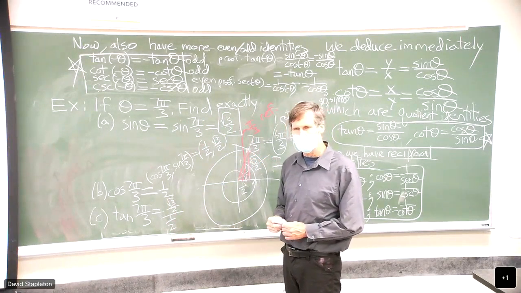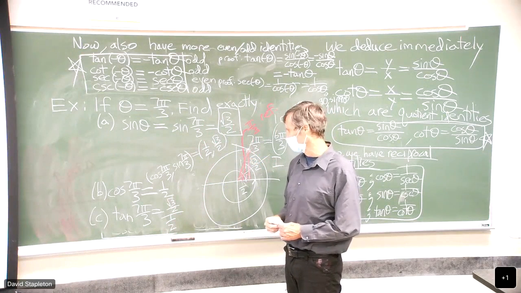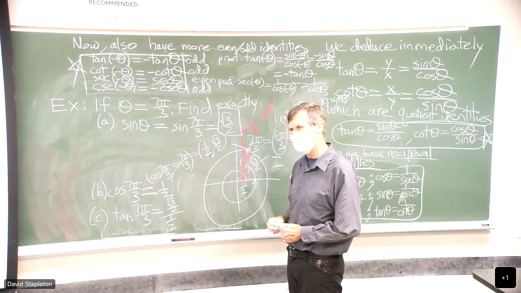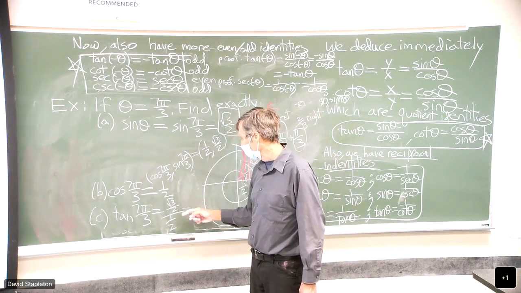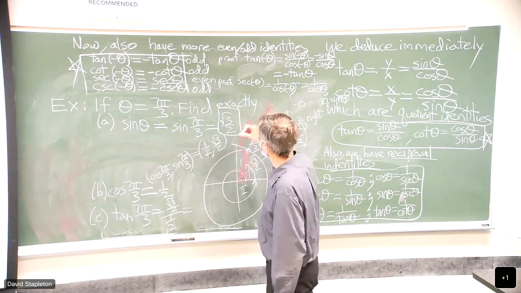Now, here's where you have to really get good at your algebra. I told you to be good at algebra by the time you get out. What does that come out to be? Yeah, it comes out to be square root 3. You can do it multiple ways, right? You can say